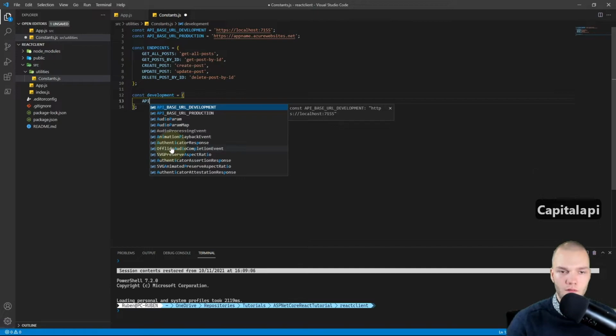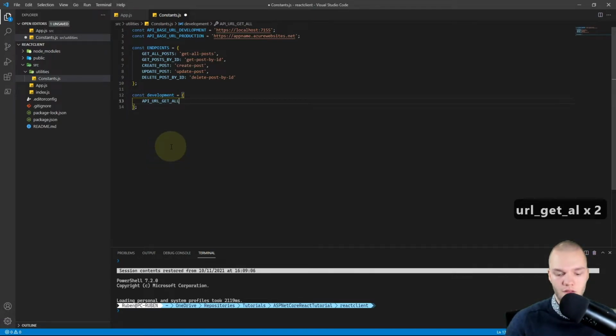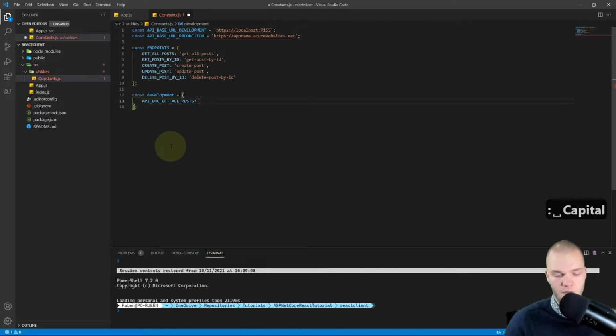And then I'll do API_URL_GET_ALL_POSTS, and then I'll do an interpolated string. So these backticks, I think they are called, under the escape key on my keyboard.